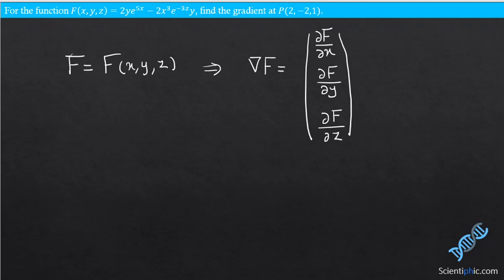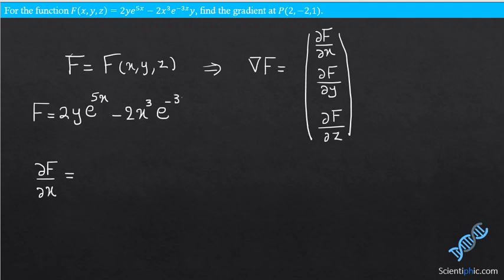So let's start with the first one. The partial derivative of f with respect to x: when we want to take a derivative of f with respect to x, we have to consider the other variables to be constant. I'm going to rewrite f again. f is 2y e to the power of 5x minus 2x cubed e to the power of minus 3z times y. So when I take a derivative with respect to x, I have to take the other variables, which here are y and z,